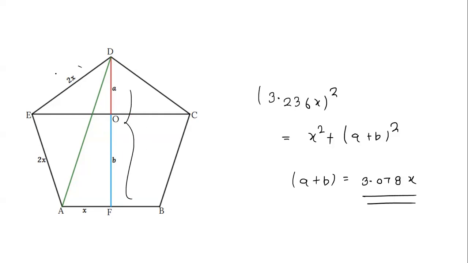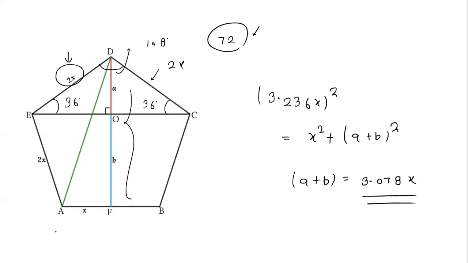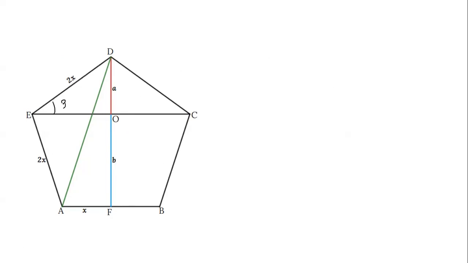And now you see this is 2x and this is also 2x. You also know this angle is 108. So the remaining angles are 72 degree out of 180 degree, and this is an isosceles triangle. So this will divide into two equal parts, so this will be 36 and this will also be 36. And now we know this is 90 degree. So now this angle is 36 and this is 90 degree.